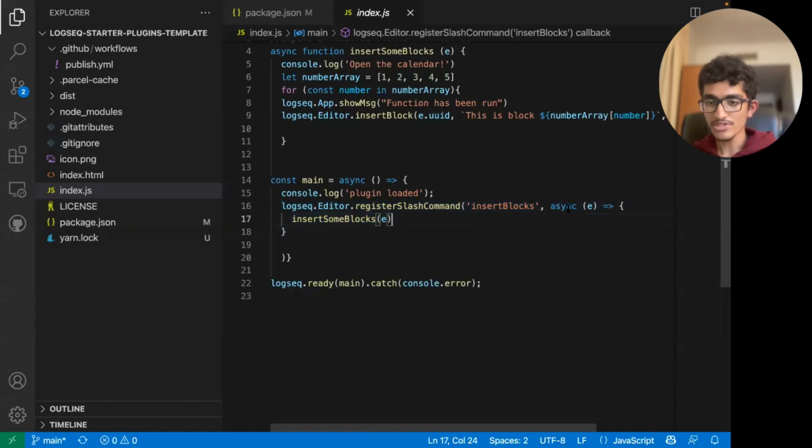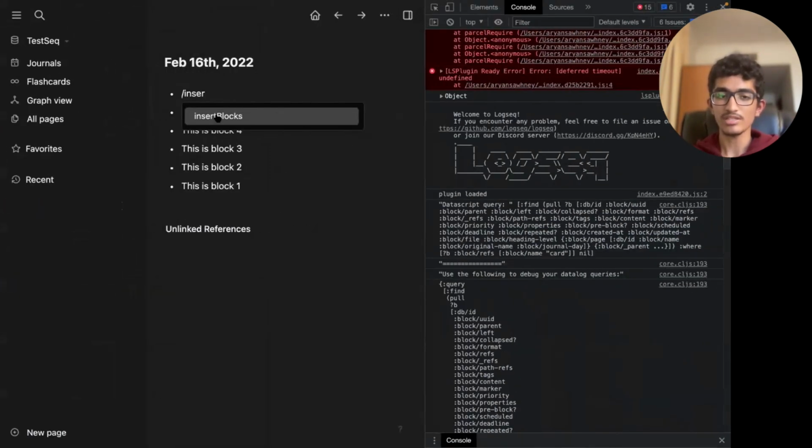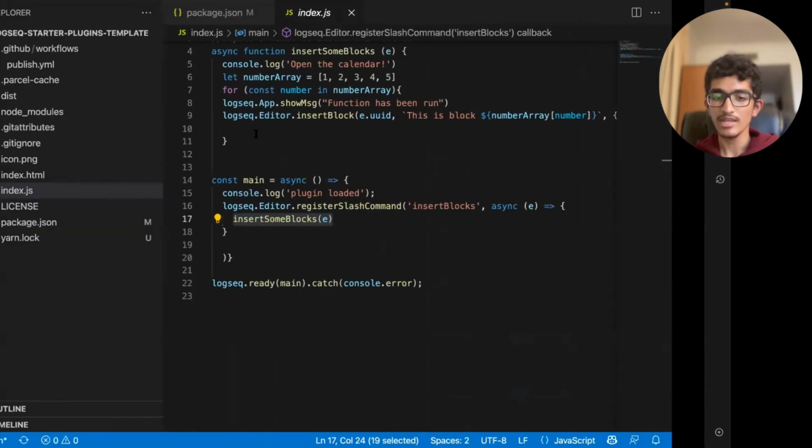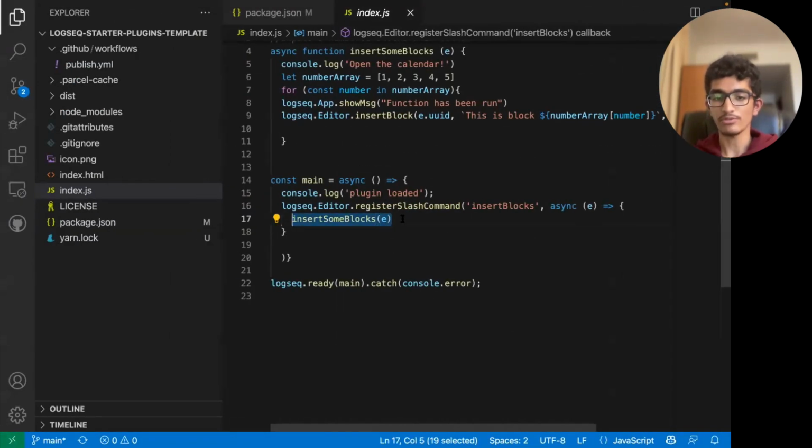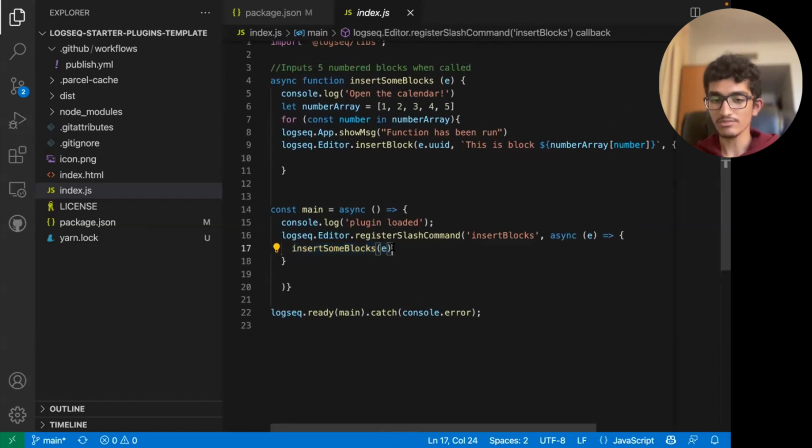Now, after this, inside these curly braces, you have this function call, insert some blocks. What this does is that it basically passes a command to Logseq to insert some blocks. So when you call this slash command and click insert blocks, it calls this function right over here, and this function call is a reference to this function